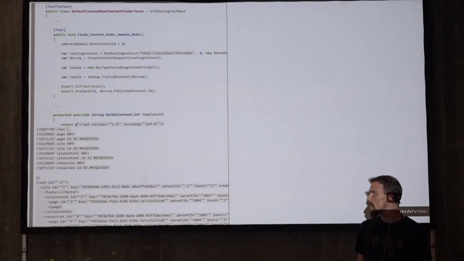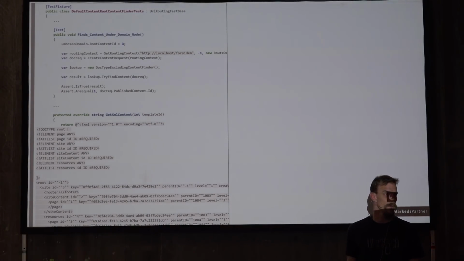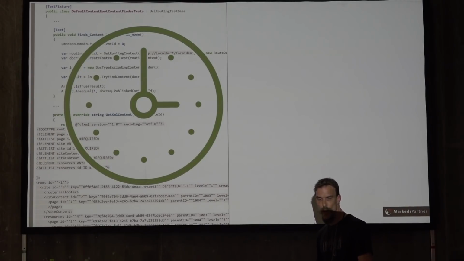One way to do this with Umbraco 7 is to actually go into the Umbraco config file and just fetch all the XML you need for some fancy scenario. And you can feed that to Umbraco's base test library, and then the content cache is already set up. All this is going to be fetched from the content cache now. You can just go content cache get by ID, and you're going to get the site there if you pass it 3. You do have to set up some other things, but